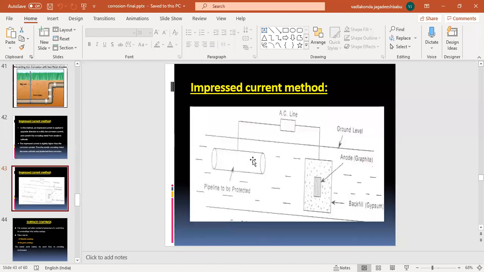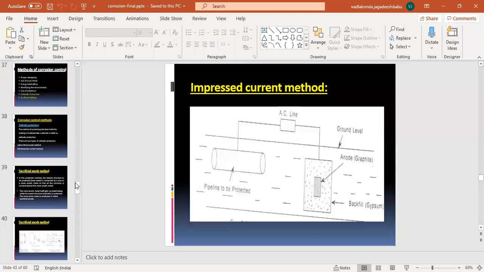So this one is known as the impressed current cathodic method, where an impressed current in the opposite direction, some current, will be passed by using a battery. The amount of current we have to pass is a little higher than the corrosion current, so that our pipeline, whatever base metal we want to protect, will act as the cathode and it will be protected from corrosion. So this is known as the impressed current cathodic method.